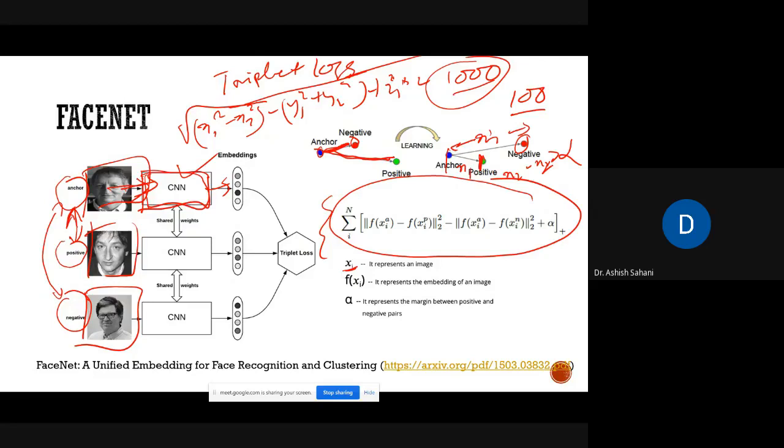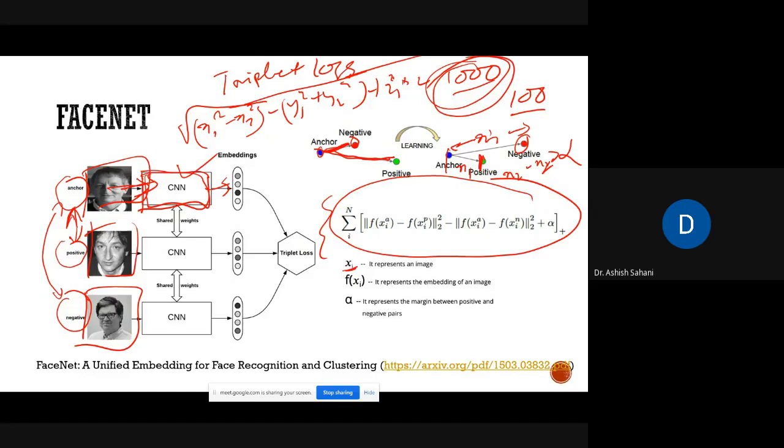So you can train it over a much smaller set of images by randomly choosing images among these 1000 images for creating this triplet loss. Once the CNN is trained, you may ask: if I need 1000 images for training the CNN, then what use is it in an organization where I may have just 1 or 2 images of a person? When a new employee comes, I may get just 1 or 2 images of that person, and I need to detect that person every time.